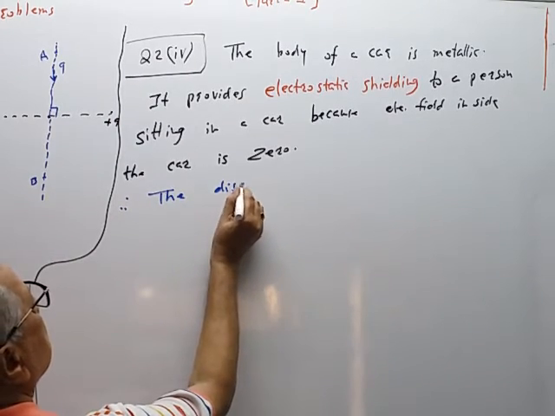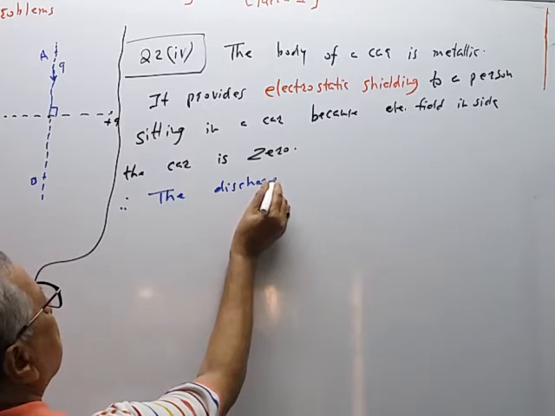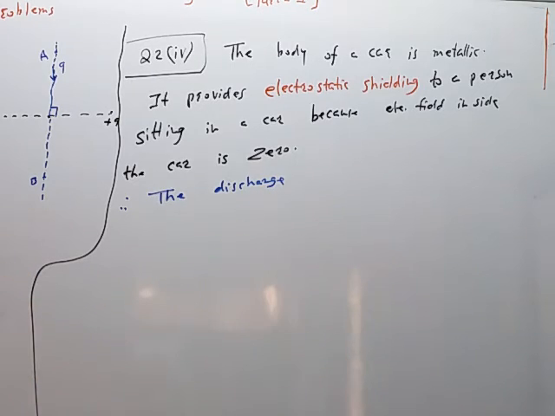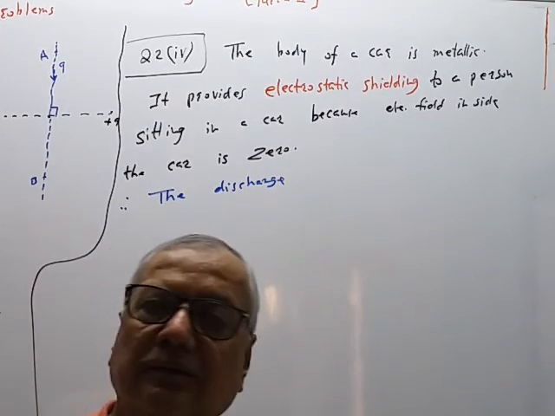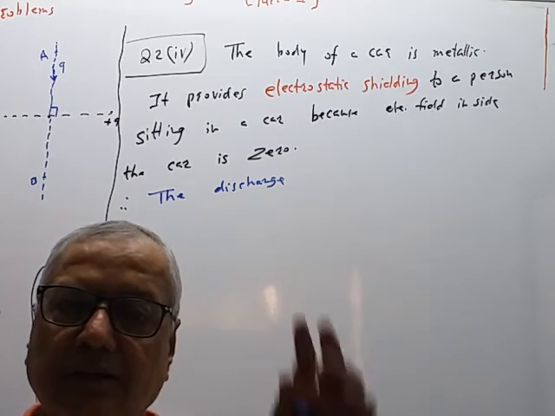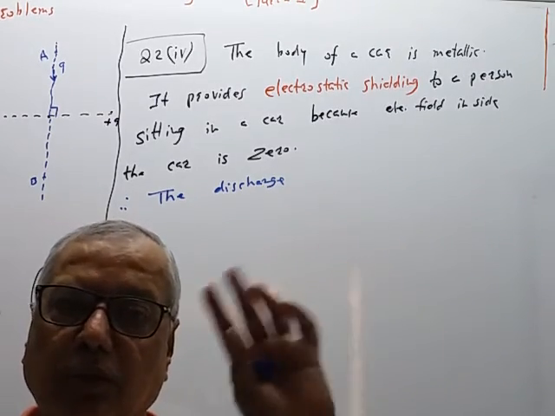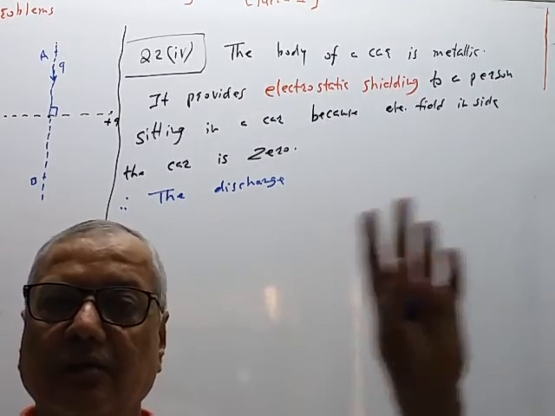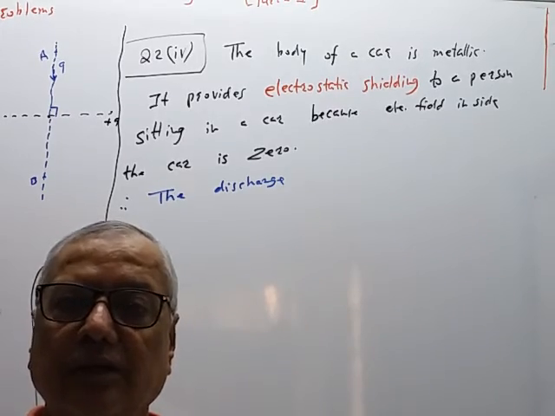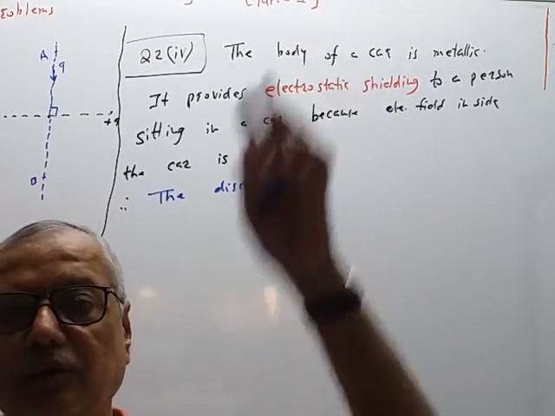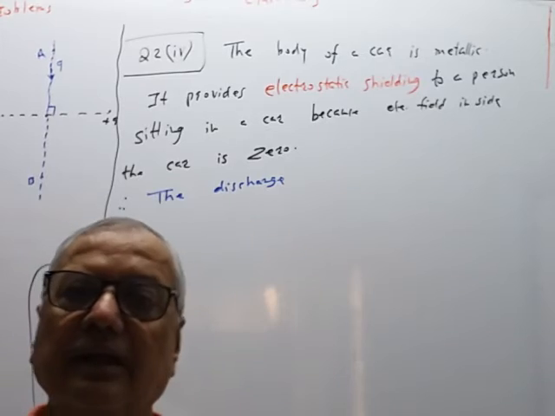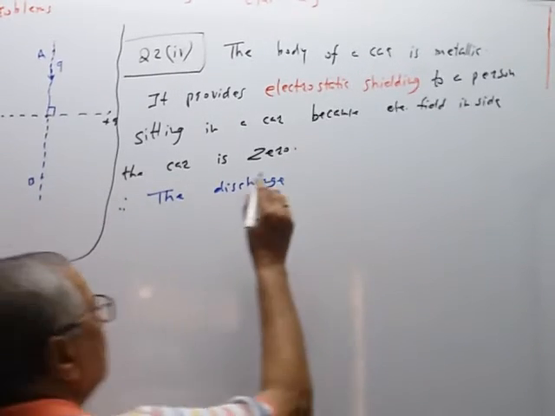The discharging of lightning means, the electric charges produced in the cloud are carried only to the earth. Inside the colliding cloud the potential difference is very high. Potential of the earth is zero, and therefore the charges move from high potential to low potential and there is a lightning. So that is called as the discharging.